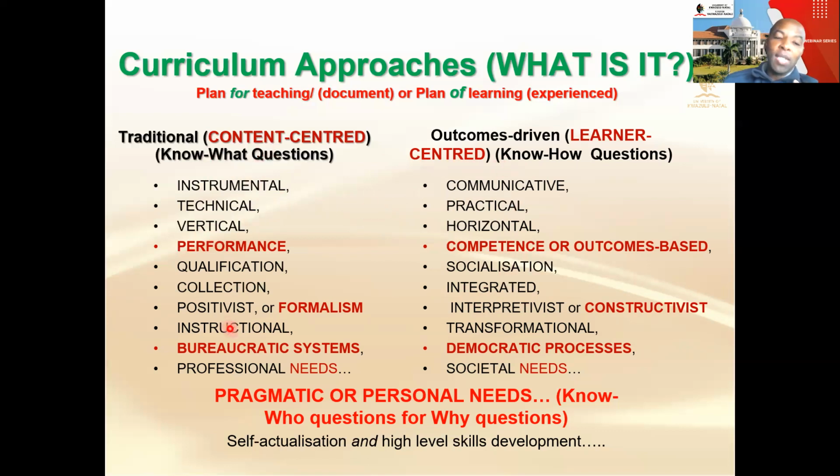So when you see these terms are given to this approach, and all these terms here are also given to this other approach, when you see one of them, you must know that it's taking the outcomes-based or the competence-based curriculum. And if it is this side, it is performance curriculum, which is the content-based. Then you go according to that. So how do you do that? You first ask, who are you teaching? Is it someone who will need this or need this? Therefore, you combine the two.